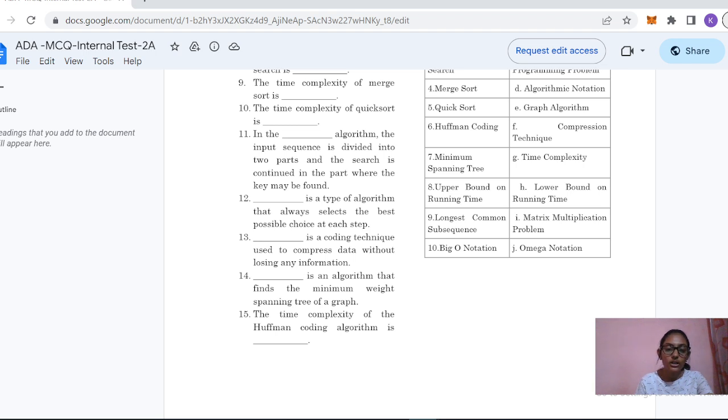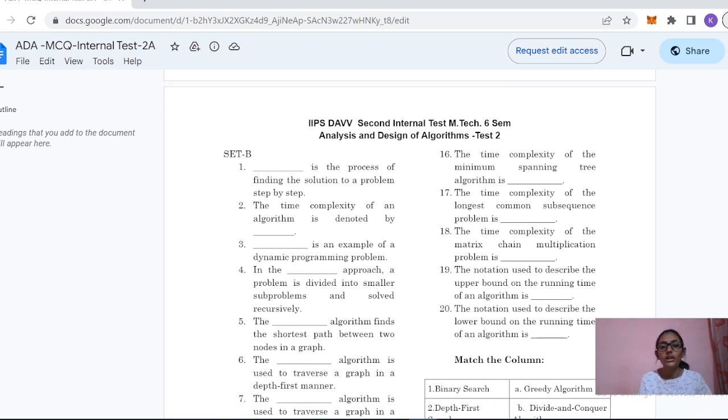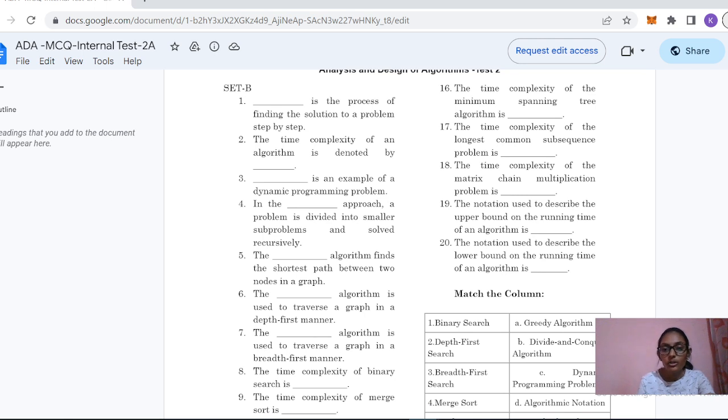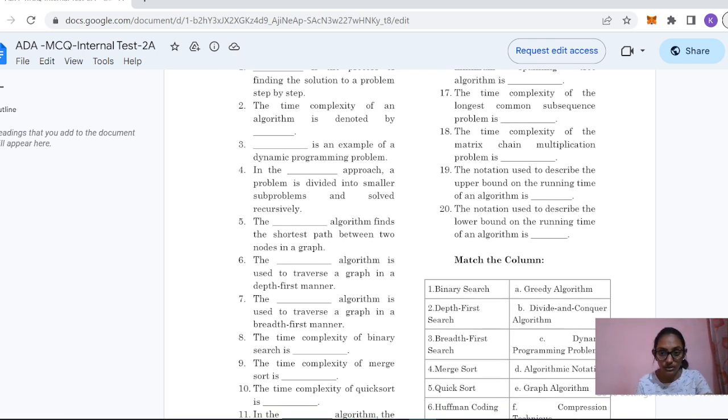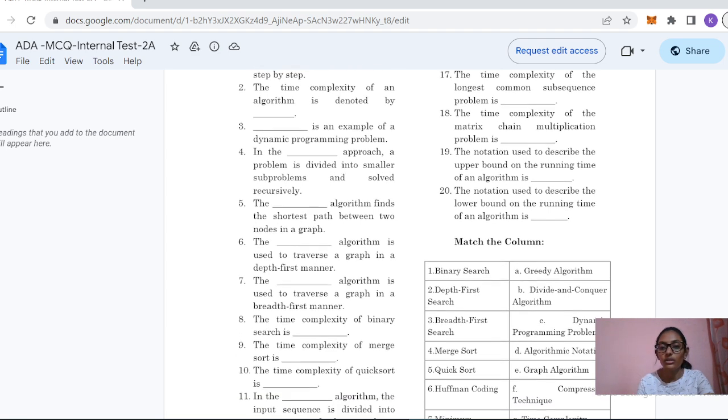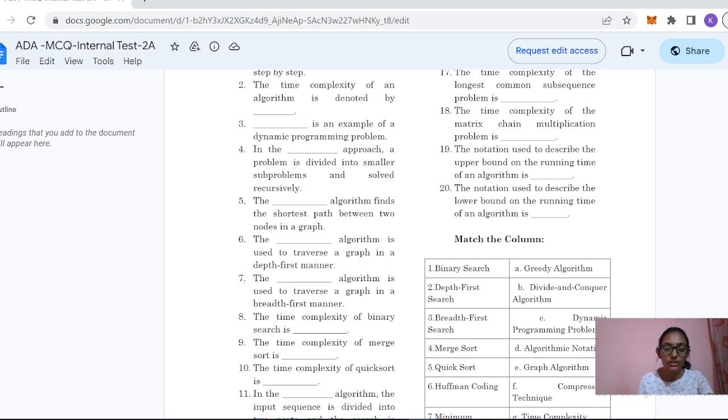15, the time complexity of the Huffman coding algorithm is order of n log n. 16, time complexity of the minimum spanning tree algorithm is order of m log n. 17, time complexity of the longest common subsequence problem is order of n cross m. 18th, time complexity of the matrix chain multiplication problem is order of n cube. 19th, notation used to describe upper bound on the running time of an algorithm is big O notation. 20, the notation used to describe the lower bound on the running time of an algorithm is